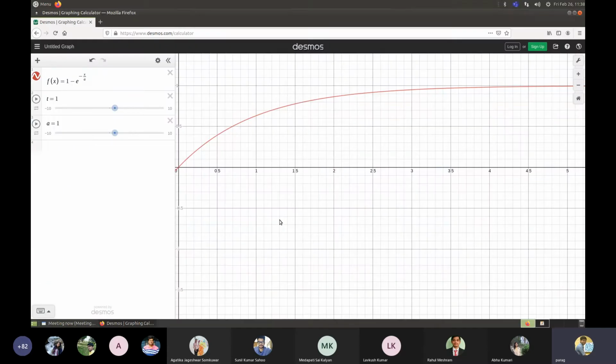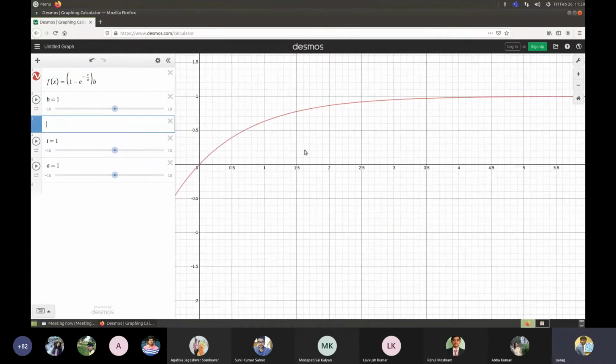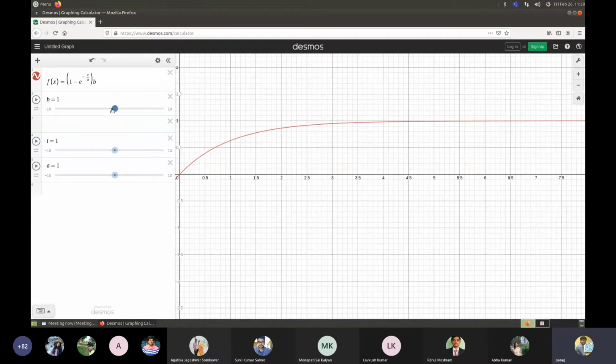So I can simply do one thing. I can multiply this whole thing by a constant, say b. So if I change b, what's going to be qualitatively the effect? If I change b, my system is going to settle to the new value of b. This b is 2 here, b is now 1.5, b is 1, and so on. So my whole system will now saturate at a different level, which is the ultimate fate.